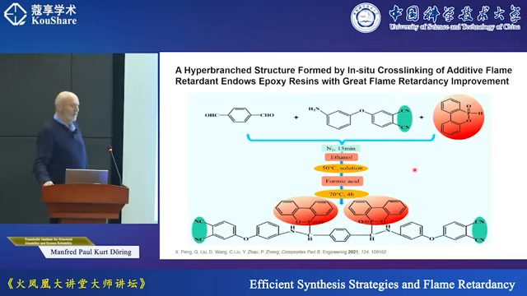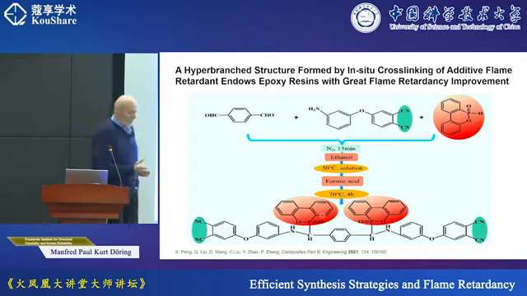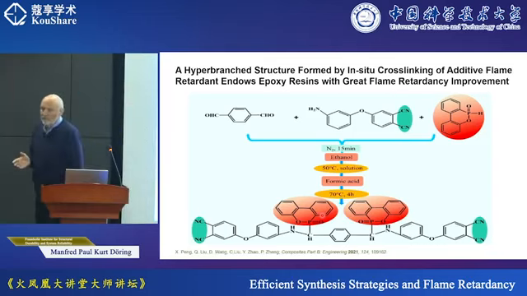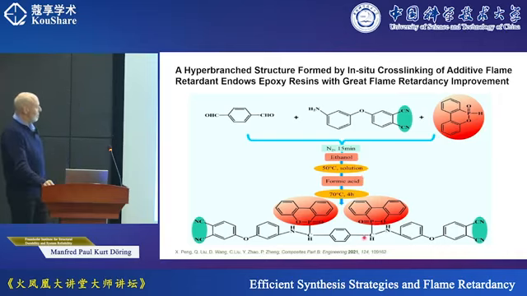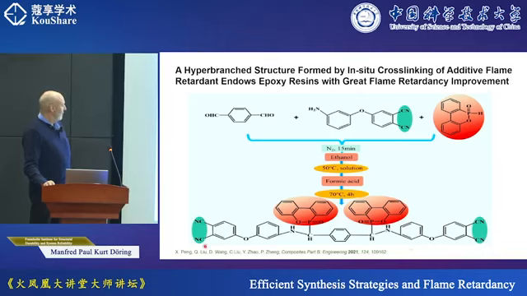That was only tested in epoxy resins, and surprisingly, the DOPO derivative, of course it's not surprising, acts in the gas phase very well, but there was observed a comparably huge amount of char, that means a condensed phase activity, and the authors said that is coming from that